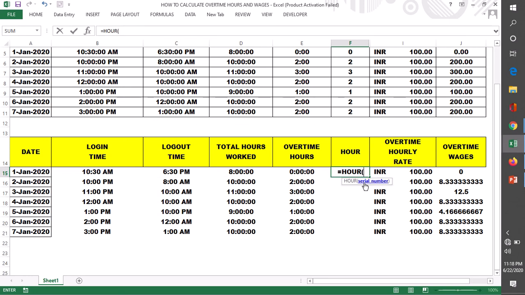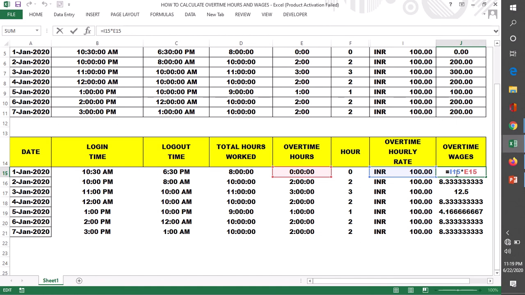Serial number, it's asking me serial number. It is nothing, just your value present in the cell. Now close the bracket, enter it and double click. So it gives me the hours, 2 hour, 3 hour, 1 hour.